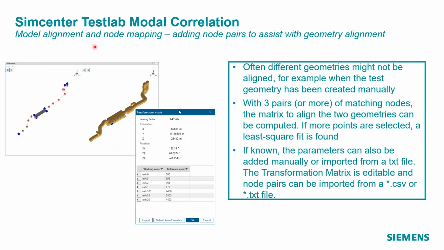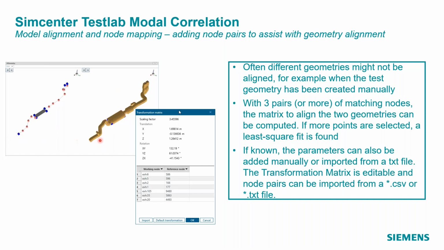You can also do model alignment. So here we've got an exhaust. This is going to be one of the examples. And you need to pick at least 3 node pairs, and then we can do the alignment. If you pick more than 3, we're going to do a least squared fit. So here we have an example where we did the beginning of the tailpipe here. We've got the exit of the tailpipe, so we've got 2 coming out of the tailpipe. We found the corresponding node on the finite element model, 2 nodes on the CAE model, and then we also picked 4 nodes around the muffler on both of them.